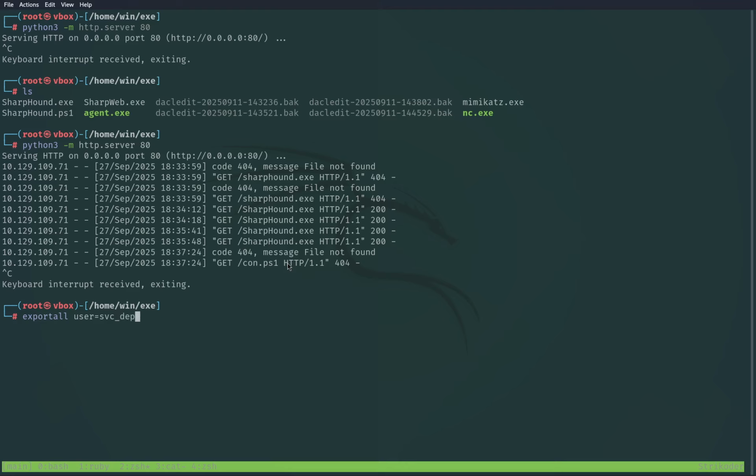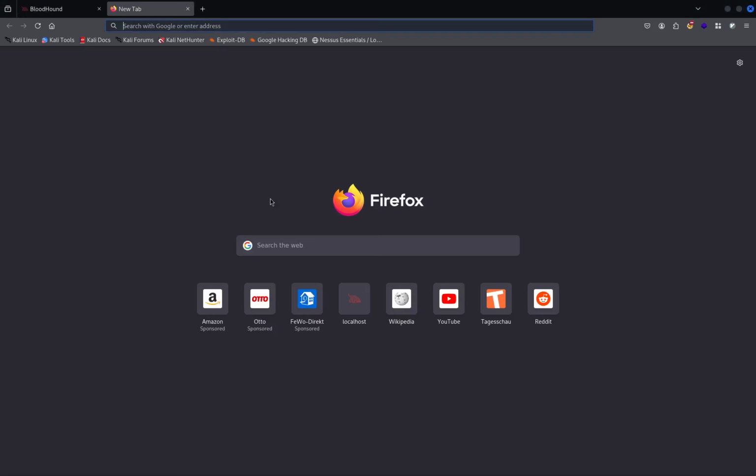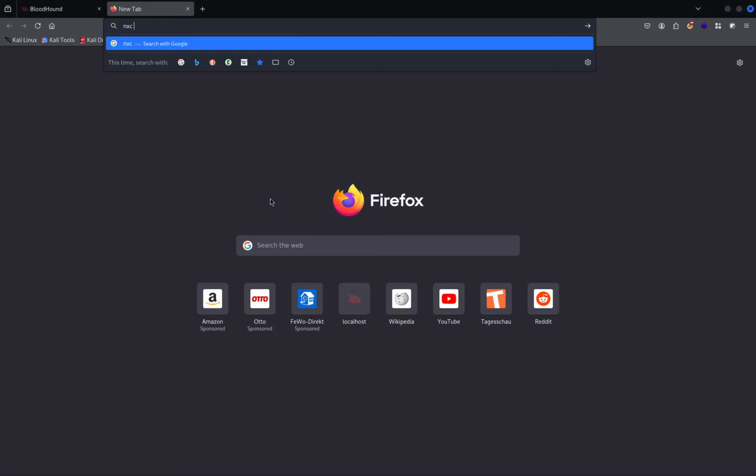underscore deploy, and export all, pass equals, I would put that into single quotes because I believe the $sign would need a backslash, so to escape that thing. And let's try nxc. I forgot how to check the lab's password through nxc, so nxc lab